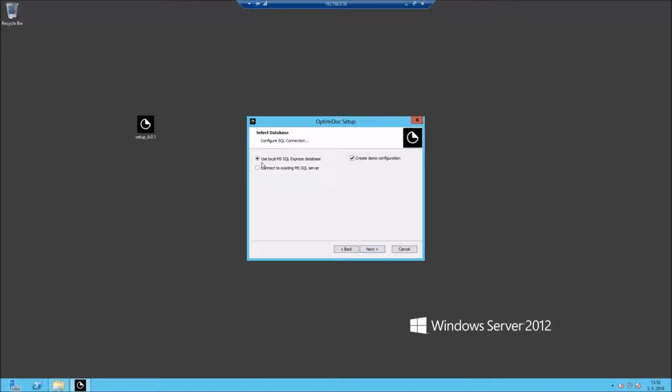In the default value, we are using own internal SQL database, or you can connect directly to the SQL server, where you need to enter the information about the server and its instance, the database, and of course username and password. For this demonstration I will again use the default settings, so the MS SQL Express, including the installation of the demo configuration. When I click on the next, the last option is the definition of the